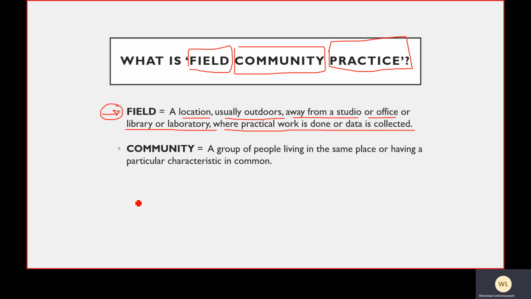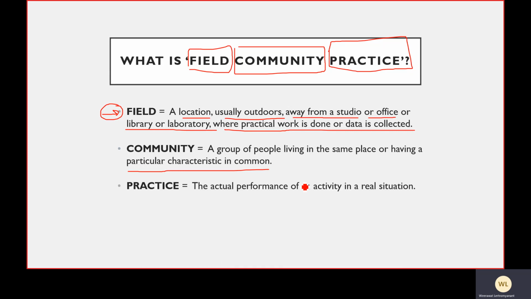Next word, community. It refers to a group of people living in the same place or having a particular or specific characteristic in common. Let's talk about Chiang Mai. There are so many communities, and you can see that each community has its own identity. They have something in common. That means most people believe in the same thing, always follow the same rules, and live their life in the same way. That means we call that a community. In Thai, the word community means ชุมชน. It's smaller than society. Society คือสังคม นะ มันจะกว้างกว่านะ